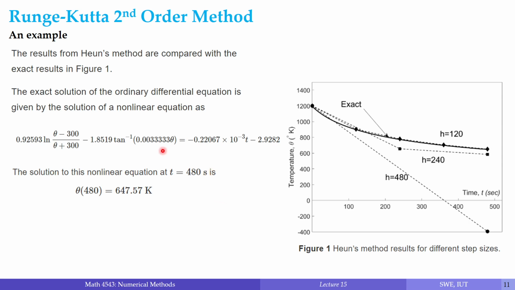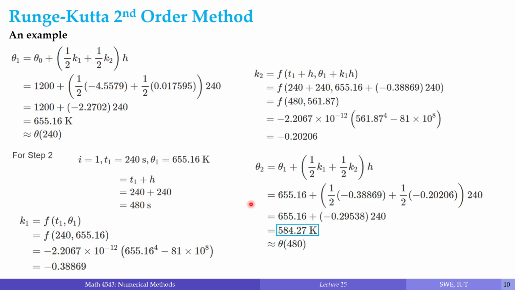So if you recall from our last lecture, the exact value of the temperature at the time t equals 480 seconds was the solution or the root of this nonlinear equation over here. Okay, so if you analytically find the root of this nonlinear equation, you should get something like 647.57. Okay, so this amount of kelvins will be my temperature at the time t equals 480 seconds. Okay, so since this is my exact value and this is the approximate value that I have come up with after 480 seconds, after performing two steps of my